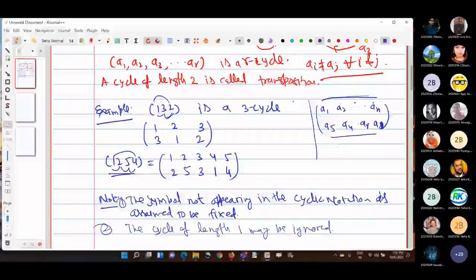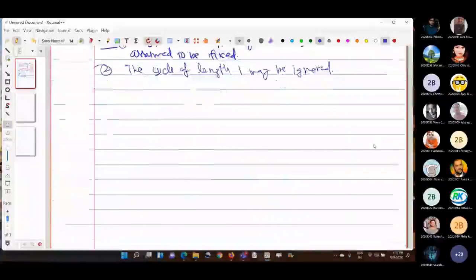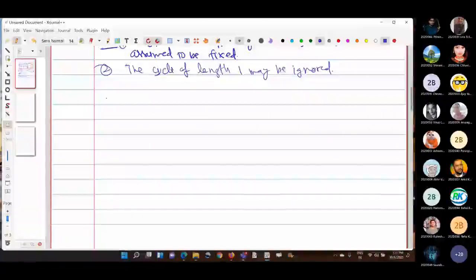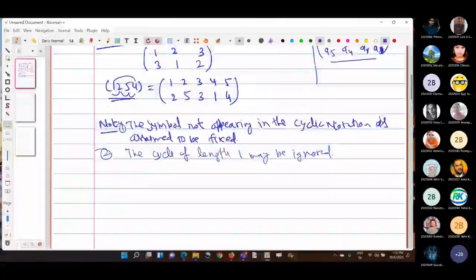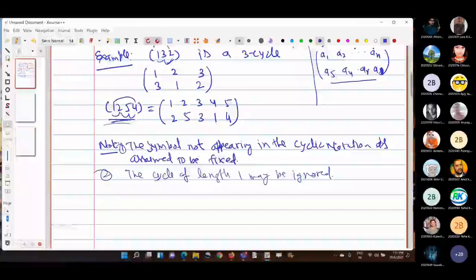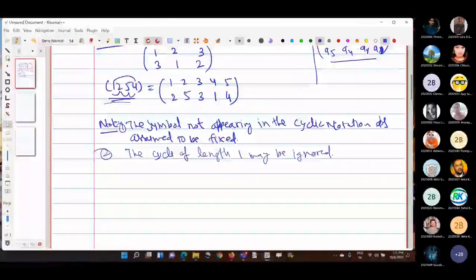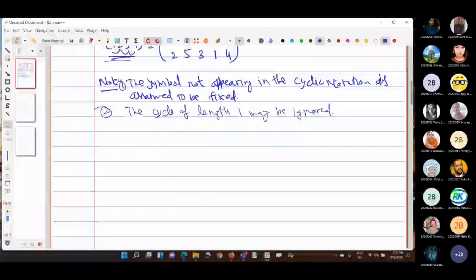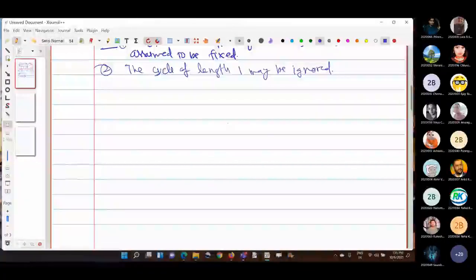Suppose we are writing some... Hello, sorry. No sir, they were saying that 3 is not written in the upper one, so we will ignore it because its cycle was of length 1. Yes, you can see here. I think the screen is visible because I am using this journal plus for the first time. If there is some problem, you can tell me. Okay, so let us see more examples.